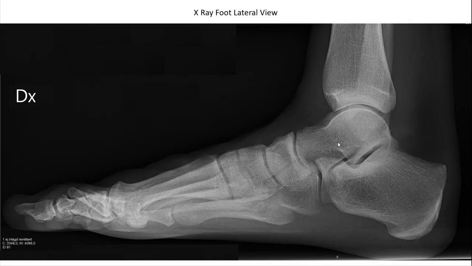Okay, so then this is a lateral view again of the right foot, dx is written. So here you can see this is the cavity of the ankle joint, this is the cavity of the subtalar joint, this is the opacity of sustentaculum tali. You can see the trabecular pattern present in the calcaneum. One is this pattern, one is this pattern, and one is this pattern. There is something called the neutral triangle formed here.